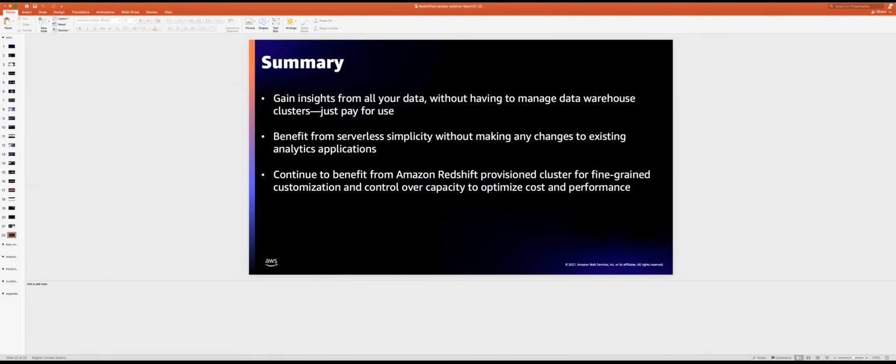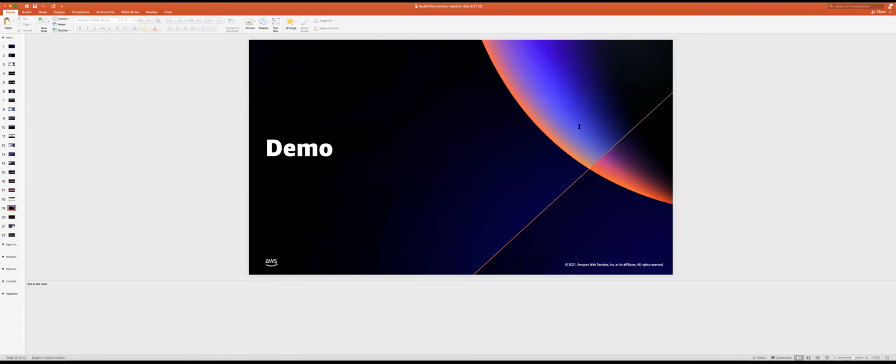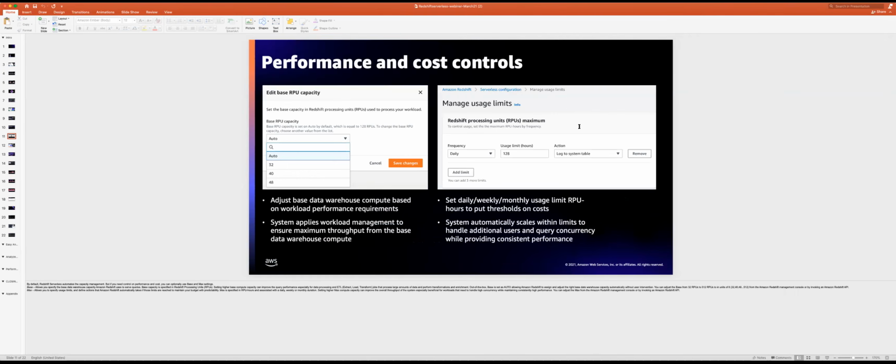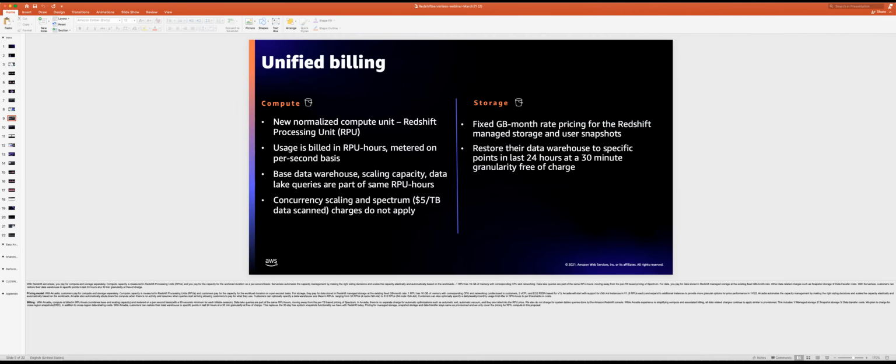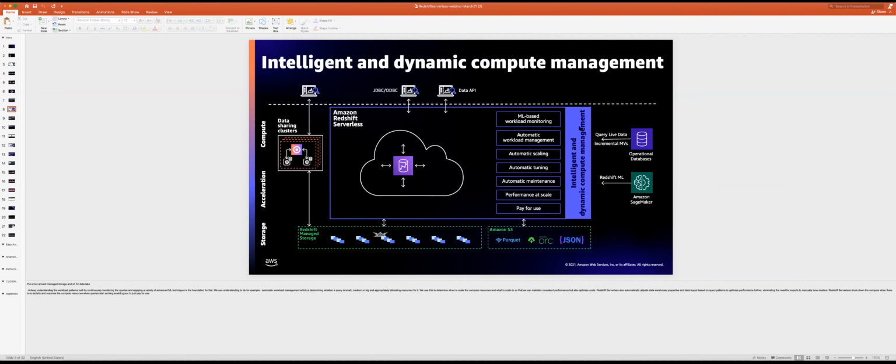I see a question here on, can I get an external customer to pay for data share queries with their own account? Yeah, so this is what we demonstrated in the data sharing, right? With Redshift data sharing, you can share data with an external organization, your own customer, your own partner, in a live and transactionally consistent fashion. And that customer could come in and directly query the data within Redshift? So the answer is yes. So they can come in.